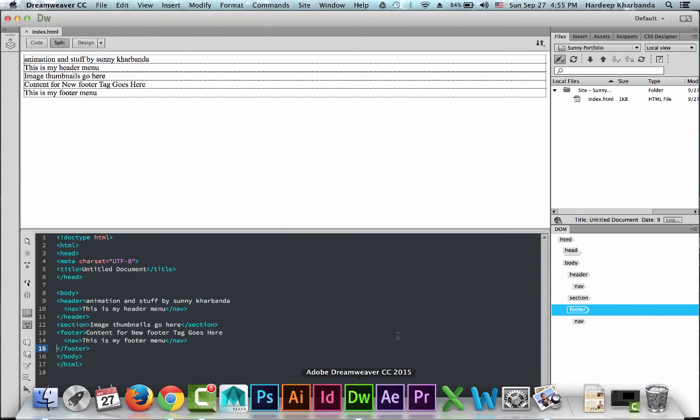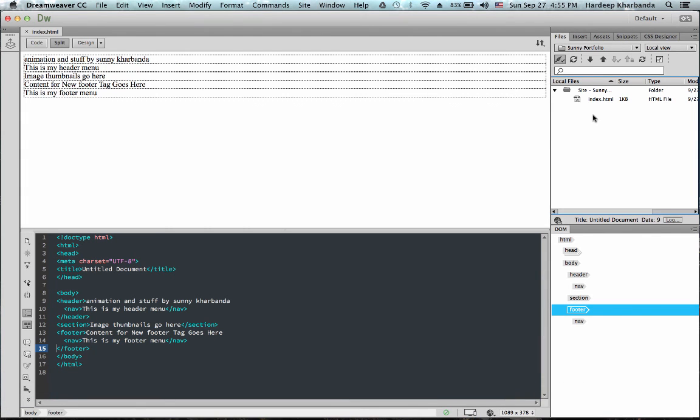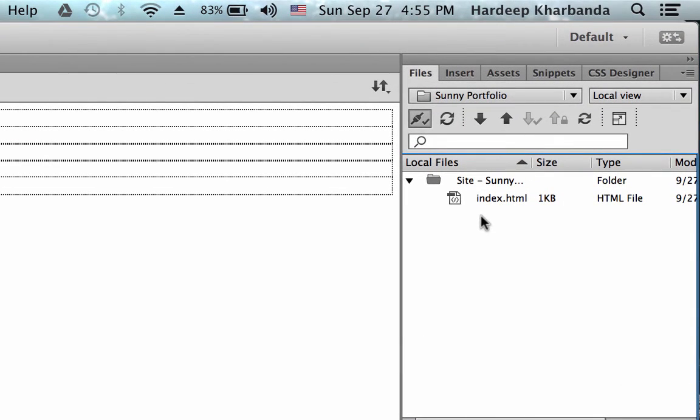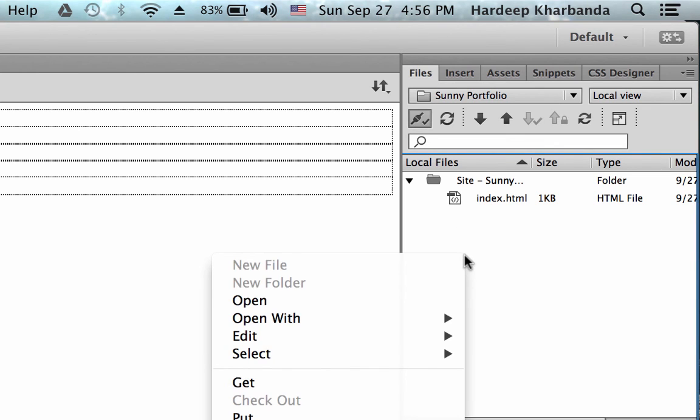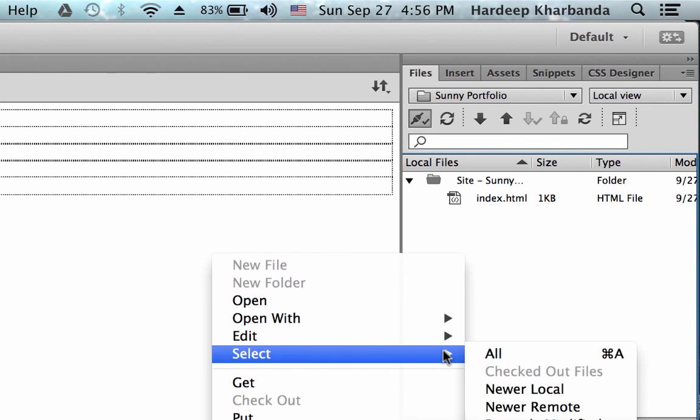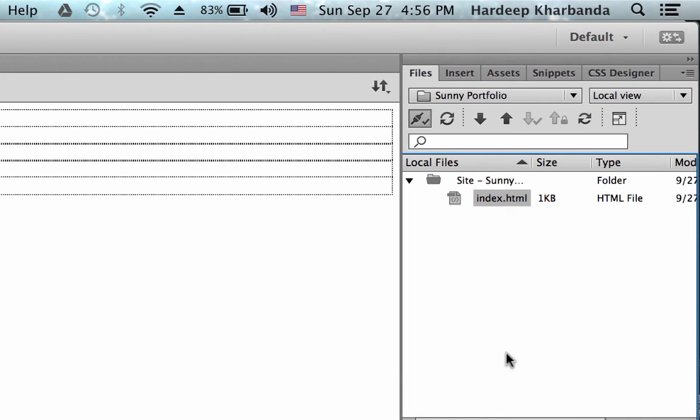Now I go into Dreamweaver. So to upload the file, I can just select the home page by clicking once, or I can right click and say select all, which is a good habit because when we want to upload all our files, our entire site, we want to select all and then upload. Right now I have only one file, so it makes no difference if I select all or I just click this once.